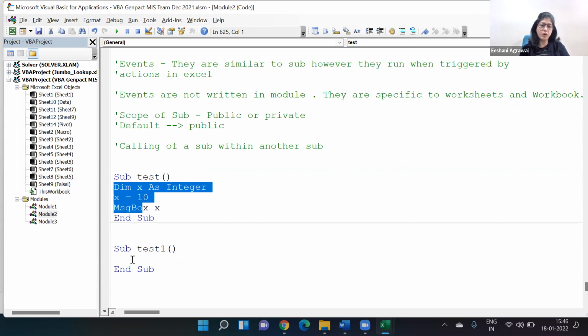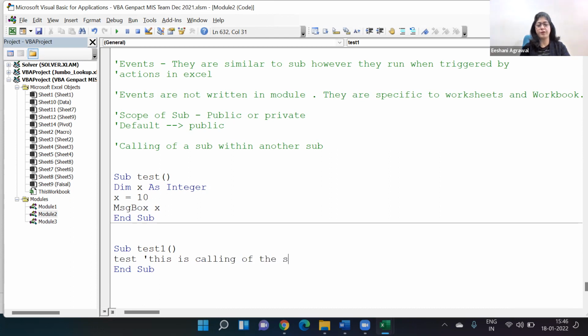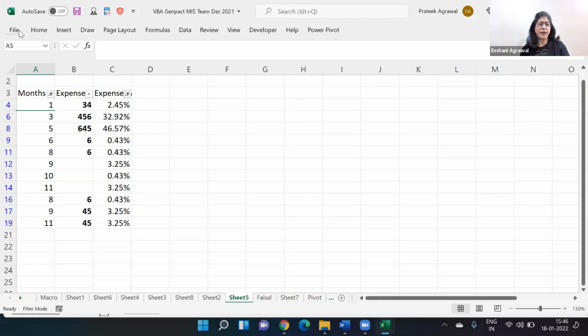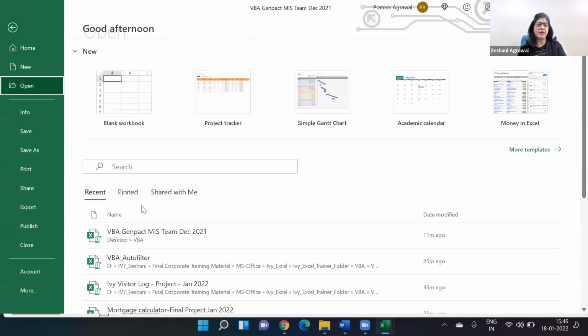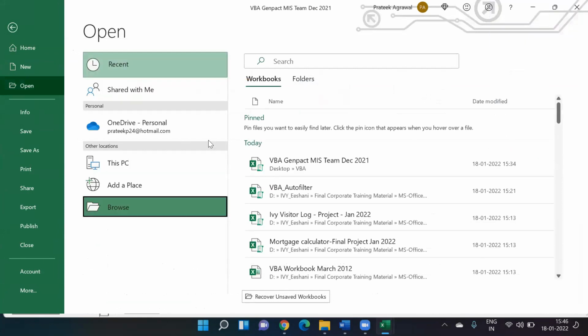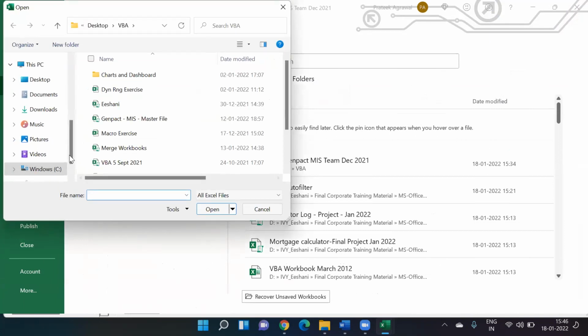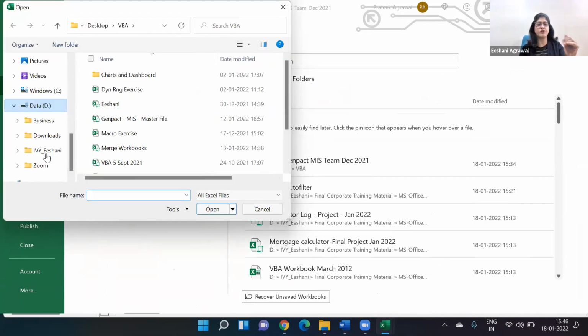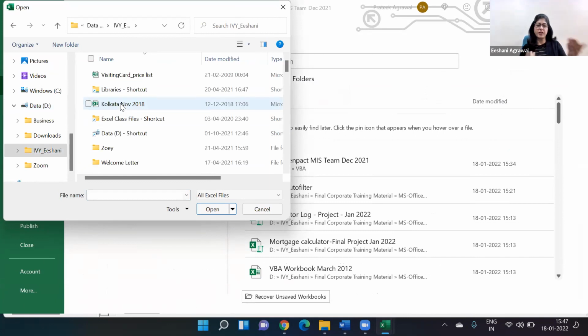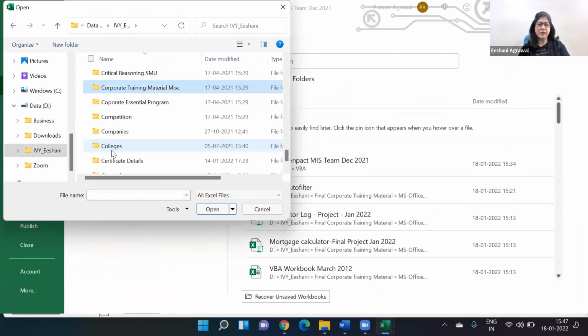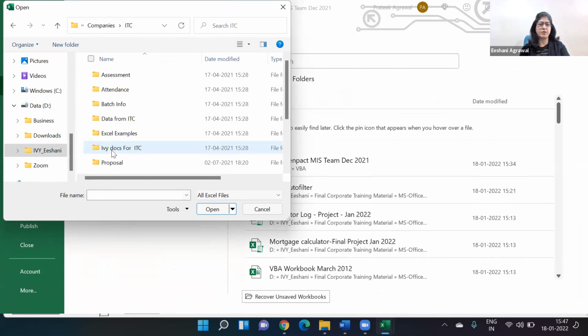So how will I call a code? Calling of the code is very simple. You just write the name of the code and that's about it. So this is calling of the code or of the sub. Now, what could be the use case of it? I'll tell you what I use it for typically. When I work on any programs and they tend to be pretty long, it requires a lot of breaking down into smaller chunks of logical thought process. And that smaller chunk is also not very small. Then this is the way I would typically